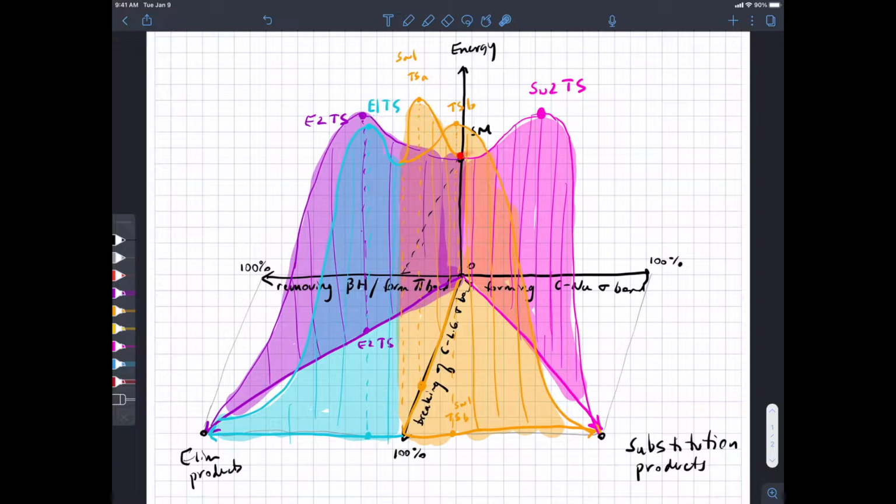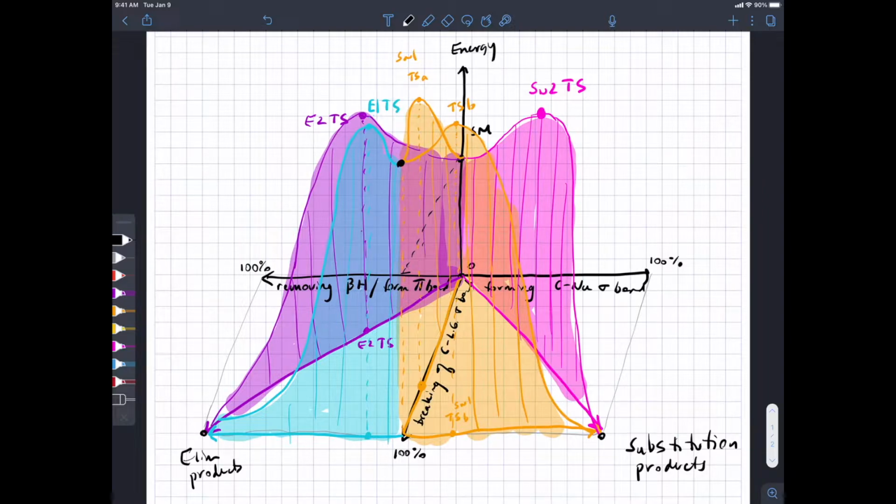So we're going to talk about what makes, but in this story, rather than trying to achieve, we are lazy, and we want to simply go over the easiest pathway. So our discussion from here on out in chapters 7 and 8 is going to focus on what makes the SN2 transition state higher or lower in energy. Similarly, what makes the E2 transition state higher or lower in energy. And then also what makes the SN1/E1 transition state higher or lower in energy. We've already solved that one